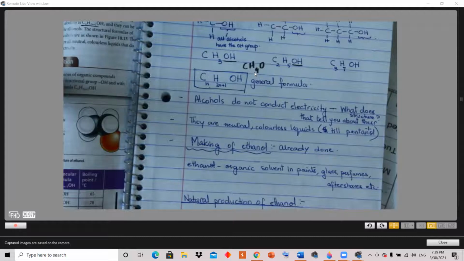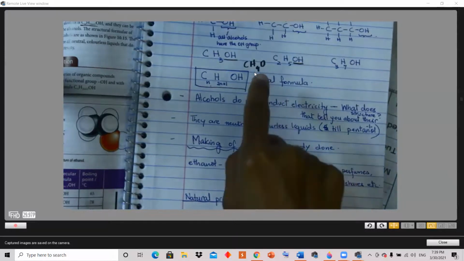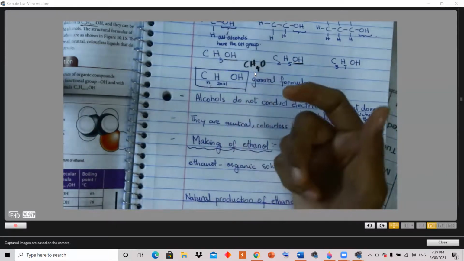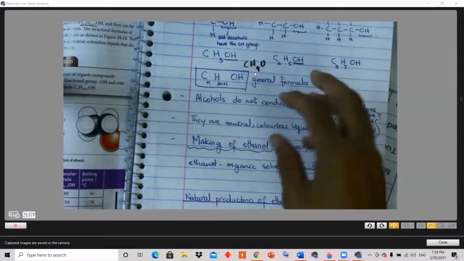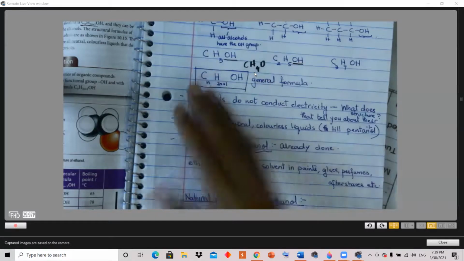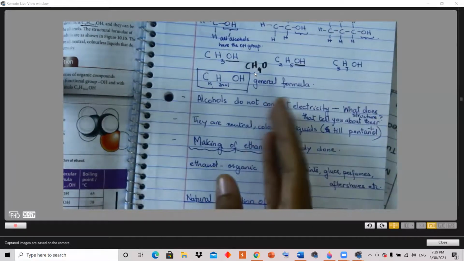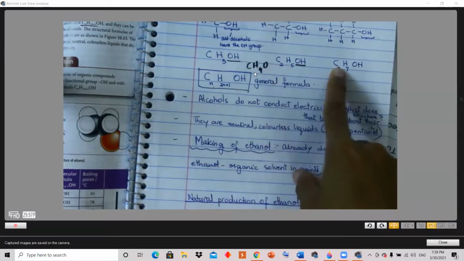Haloalkanes. Halo is for halogens. Halogens on alkanes: haloalkanes. So they were also good organic solvents because of the same thing. They were non-polar. I mean, we want something in the middle. You want something which can dissolve polar and non-polar, so something which is not absolutely non-polar and something which is not absolutely polar. So something in the middle. So they also make good organic solvents.